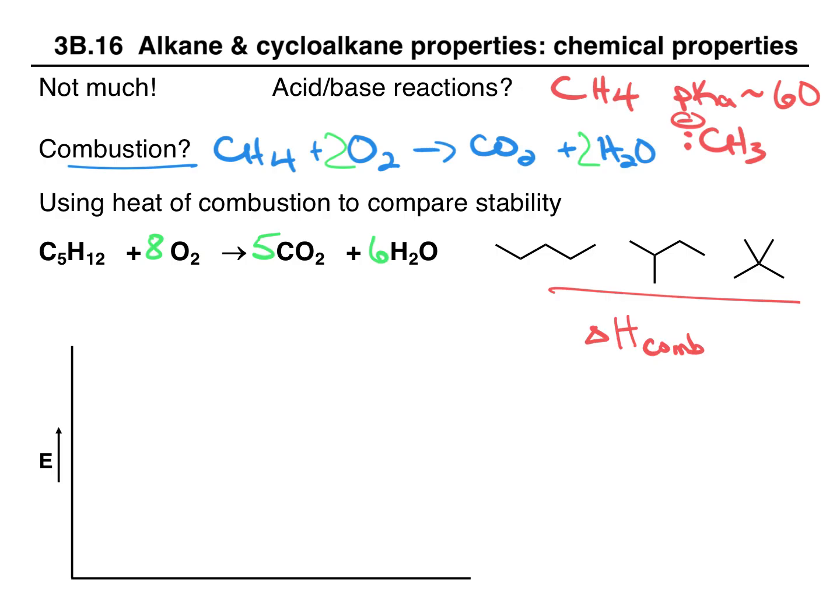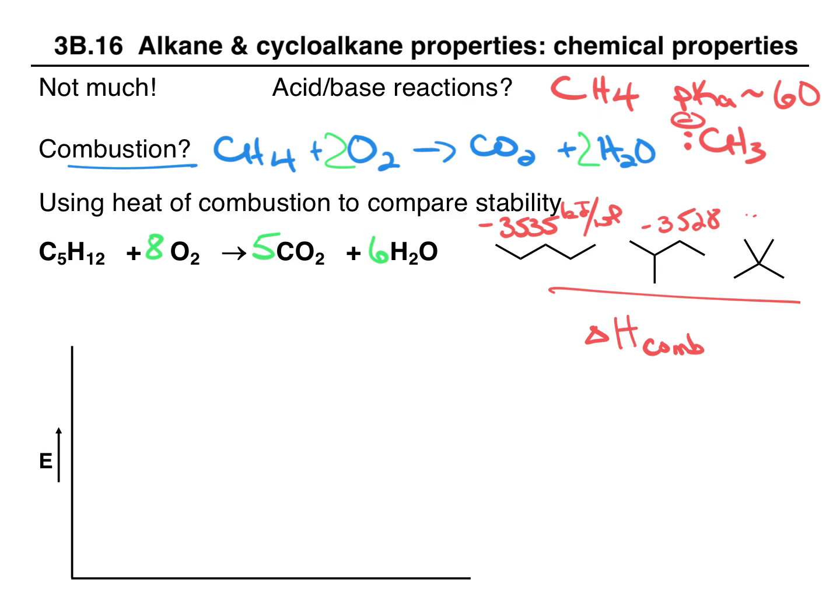So these reactions are exothermic, and if we measure the heat of combustion in something called a bomb calorimeter, then we find that pentane has a delta H of negative 3535 kilojoules per mole. 2-methylbutane, it's negative 3528, and